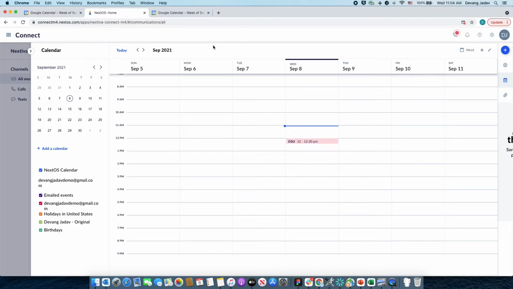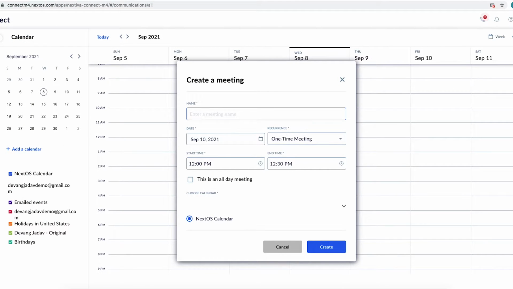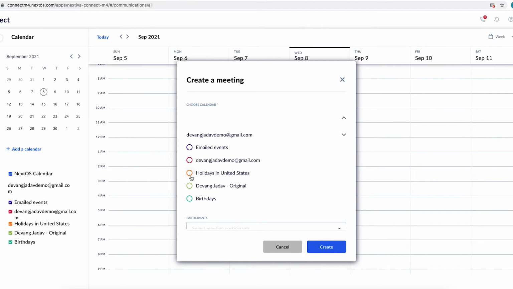Okay, so the next use case is to demonstrate sync from Nextiva to Google. For that, I will go ahead and add an event. On, let's say, Friday, we have this annual summer picnic party. Let's make this annual. I'm going to say this will be 2 p.m. to 2:30 p.m. And I will go ahead and create this in my Google Calendar, which is this one,